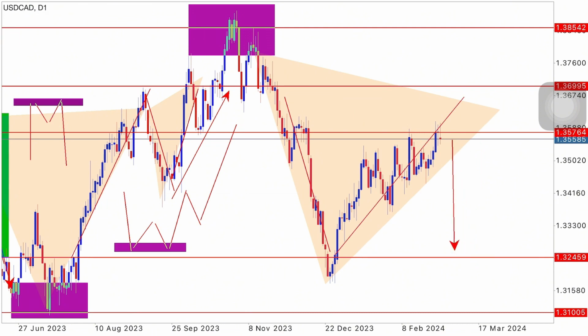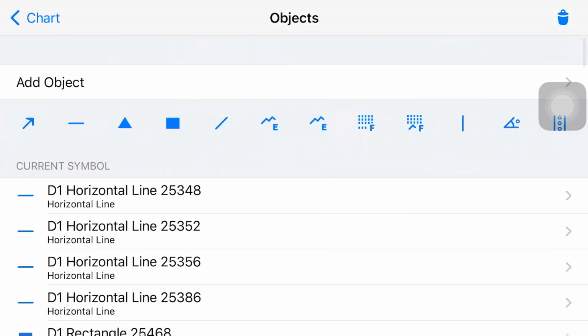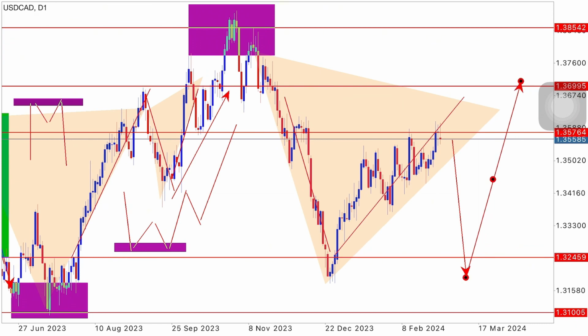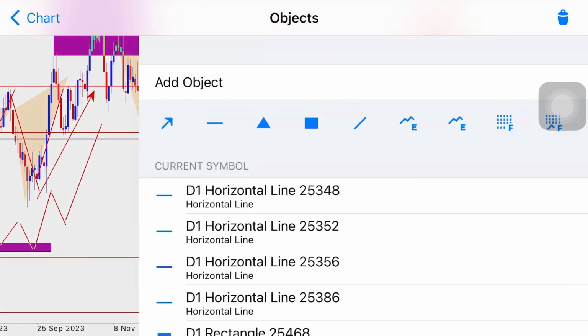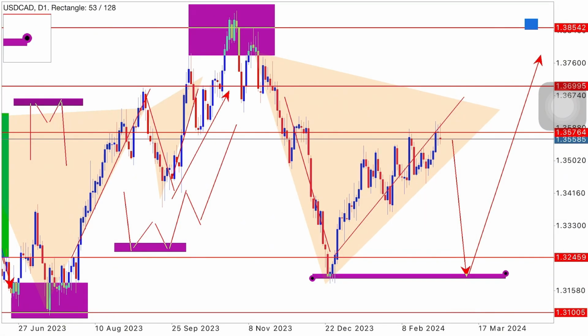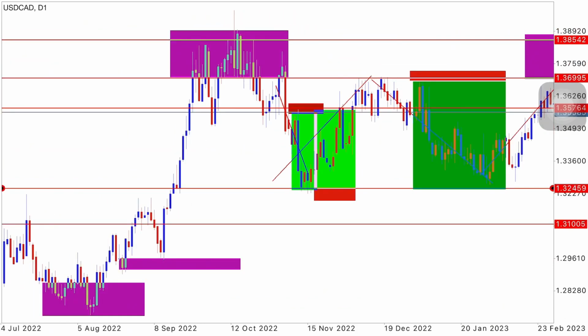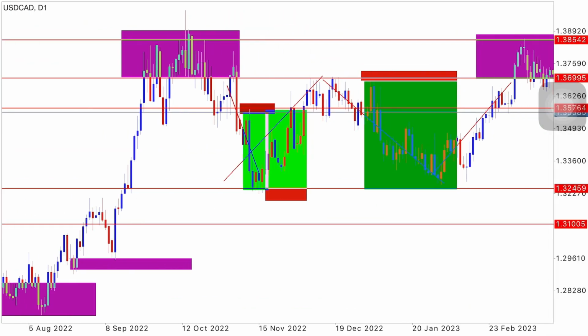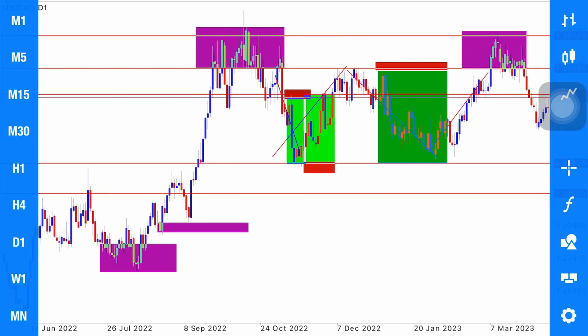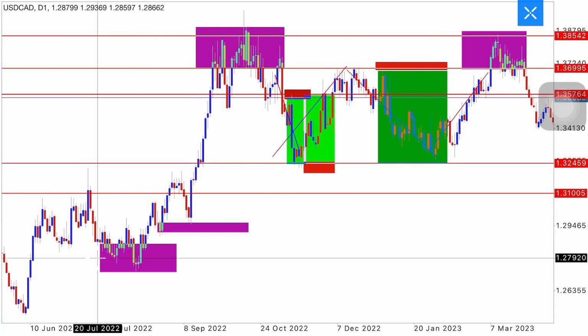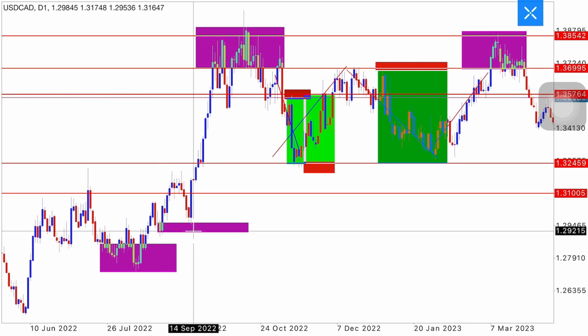Okay, so we also see this is what I'm expecting for USDCAD to do before shooting to the upside. This is what I'm actually expecting for USDCAD to do before shooting to the upside. But however, this will actually create a double bottom here, because we saw that the market does respect chart patterns. It firstly respected this here, this first double bottom, second double bottom here,